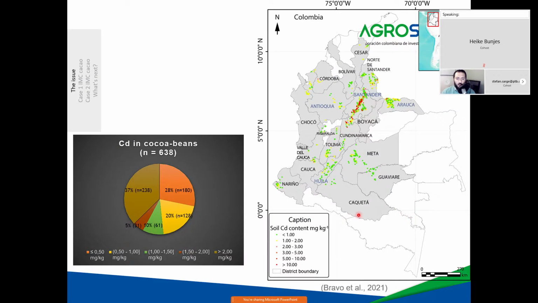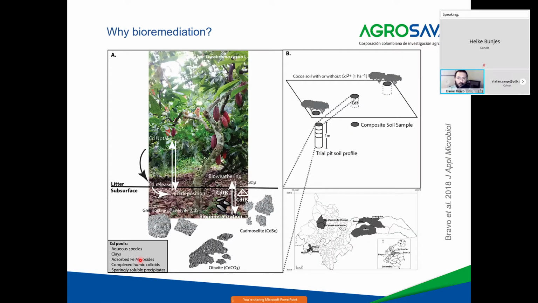Looking at the data, we have performed a national survey of cadmium in soils of cacao growing farms in Colombia, and we published just last month this national survey. And we have seen also that in cocoa beans, more than 52% of the assessed farms are in the boundary of 0.8 milligram per kilogram of cadmium, which is the maximal permissible level for chocolate, and the rest is more or less okay below 0.8 milligram per kilogram. So indeed it is an issue here, the concentration and the content within the cacao plantations.